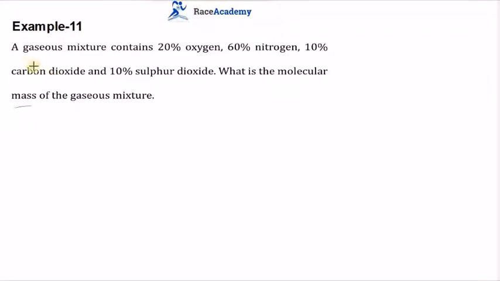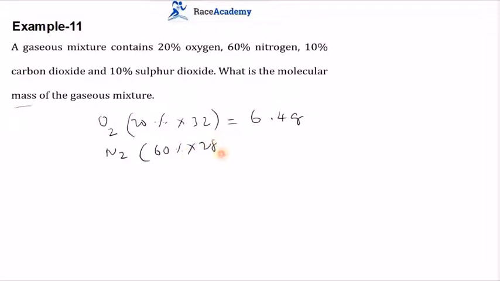Now, a gas mixture contains 20 grams of oxygen. So you know oxygen is 20%. 20% of oxygen means 20% into its molecular mass, which is 32. So you will get 6.4 grams. Similarly, nitrogen, that is 60% of nitrogen. Nitrogen molecular mass is 28. If you multiply this,